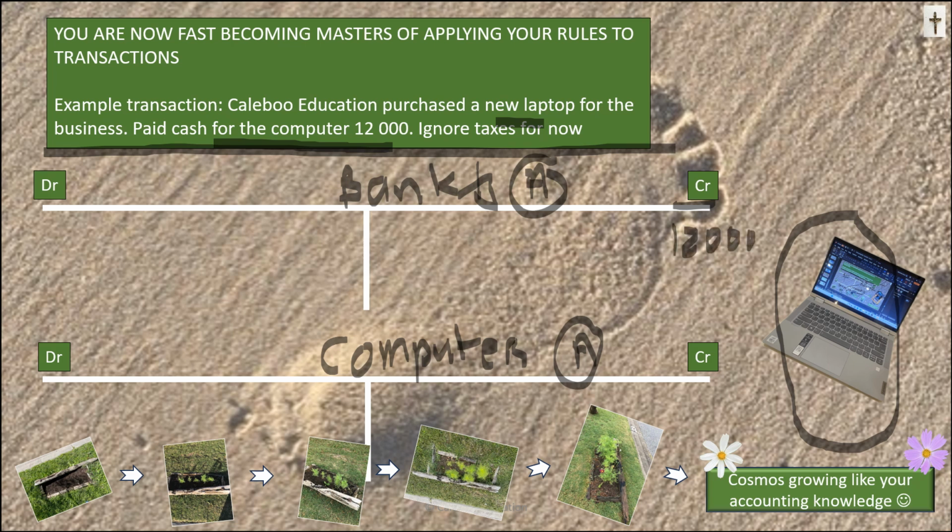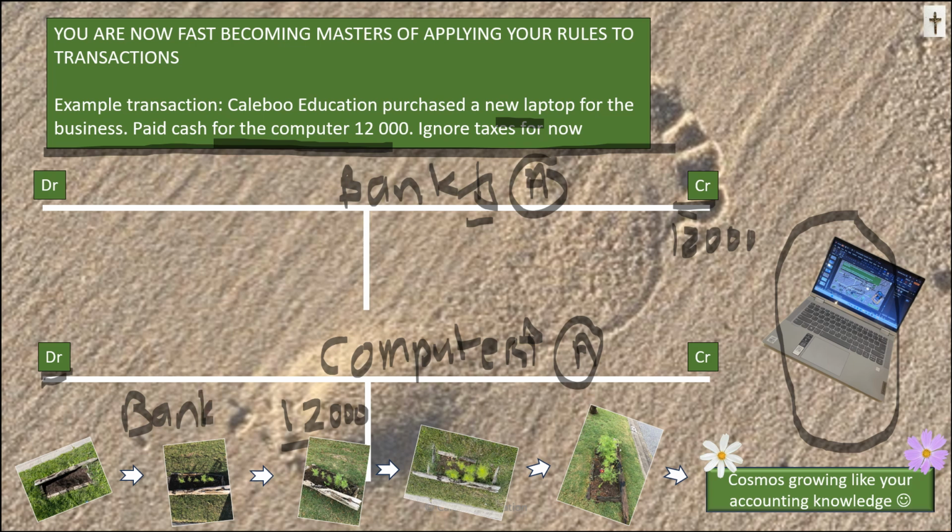What happened to the value of our computers at Calibre Education? The value on the date of purchase increased by 12,000. By the way, that's the historical cost price of this computer, 12,000 Rand. So we debited because there was an increase in the value of assets. Bank, that arrow there is a decrease. So the bank balance, there was a decrease in assets, the account was credited. Computers was debited. We must fill in the name of the contra account, bank,